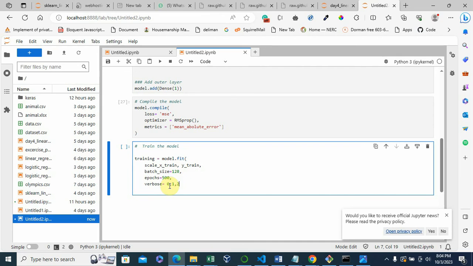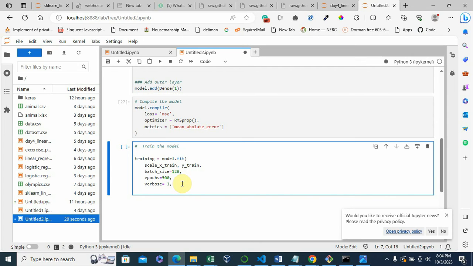If you want to monitor the progress, the default is 1, so that it logs the progress as it learns. But if you don't want to see the progress, you can set it to 0. So you have 0, 1, 2 like that, but if you don't define it at all, it uses 1. That's the logging level of the training.